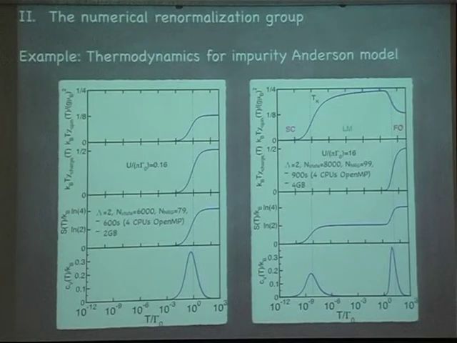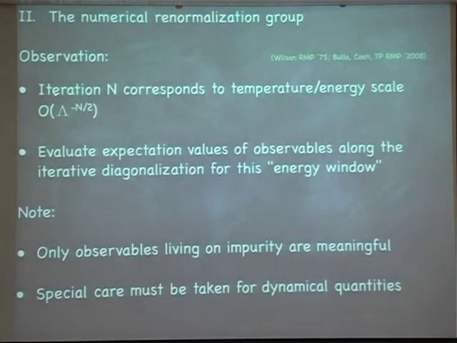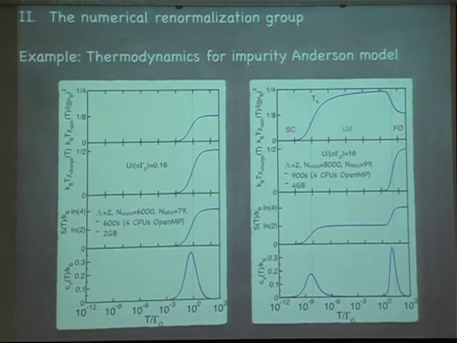Yes? The previous discussion seemed to suggest it was a ground state calculation, and now suddenly you're showing temperature. Could you comment on that? Oh yes, that's what I said here. Each iteration corresponds to some temperature. This is a subtle thing, so you should look up the corresponding articles. But you can say that in each iteration you have a high energy portion, which is killed by the Boltzmann factor, and a low energy portion, which is not yet interesting. The thermodynamic quantities in this window will be dominated by this temperature, and then you can calculate the temperature dependence.